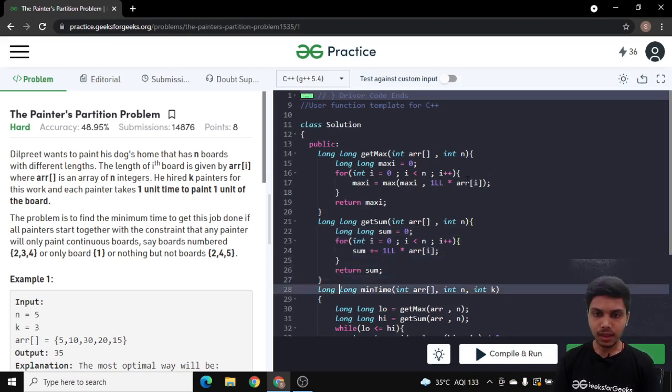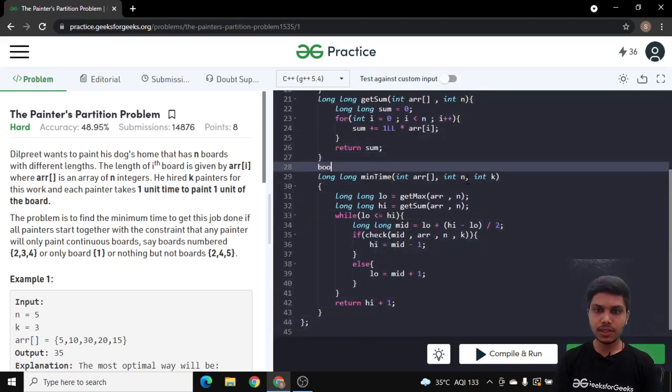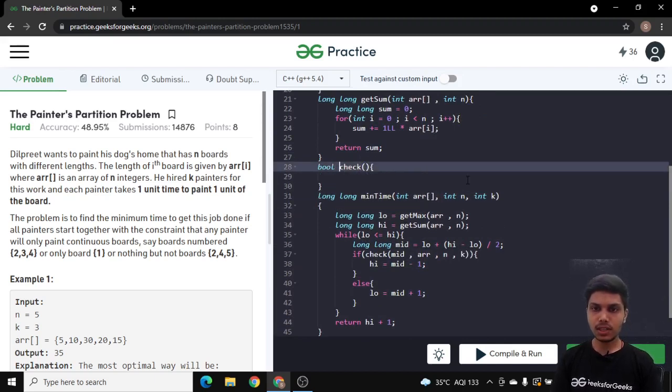Okay, now I need to create one more function, check, which will basically check whether it is possible to assign boards in such a way that we meet our requirement. So mid would be long.